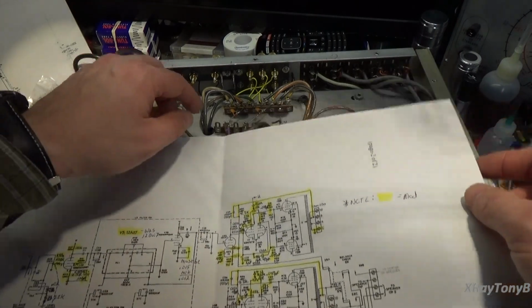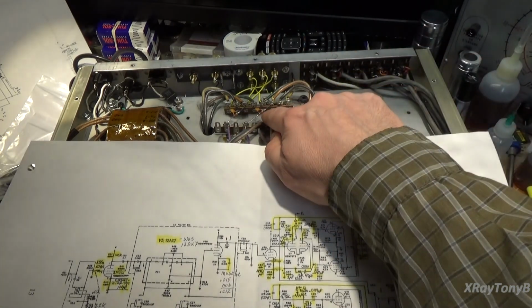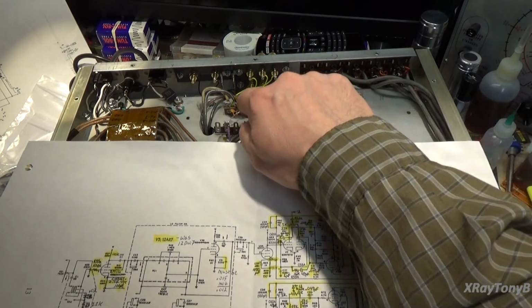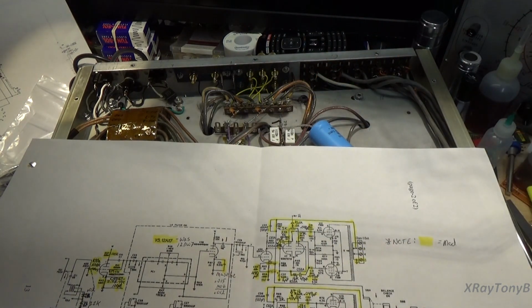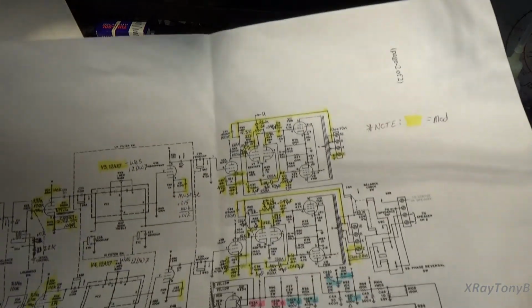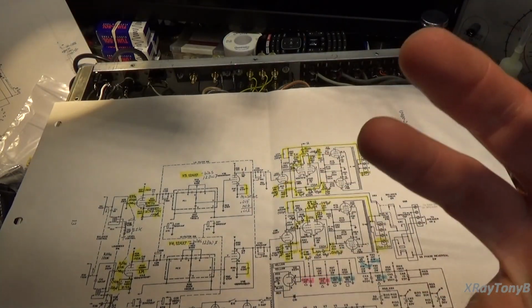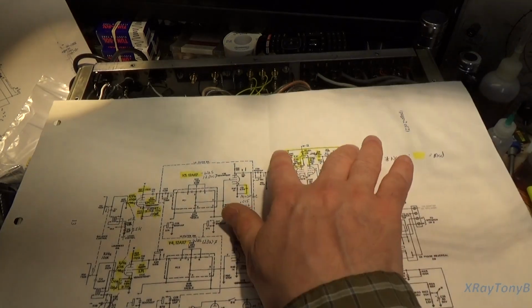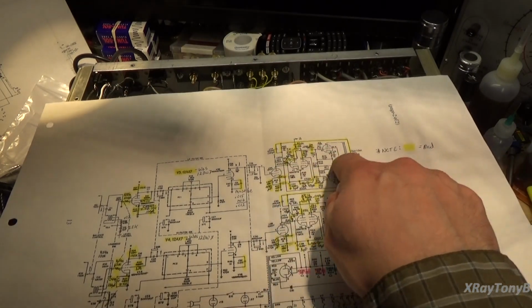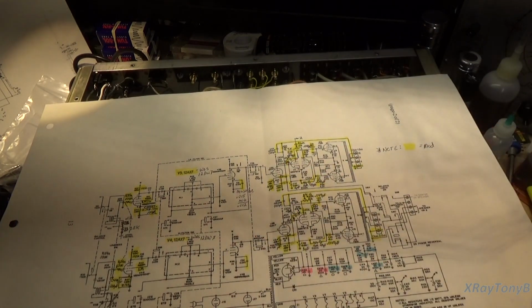I put 120 picofarad. So if you look here, here's our feedback resistors. Believe it or not, these look pretty small, but these are actually 1 watt resistors. A lot of these newer resistors are a lot physically smaller than the old ones. This is not carbon comp, and we'll talk about resistors here in a minute. The other thing we did, so pretty much our gain is going to be the same as it was. We haven't really changed that. We just modified some things to make it more quiet and to make this thing more linear at 8 ohms, because most of the speakers we're going to use are 8 ohm impedance speakers,